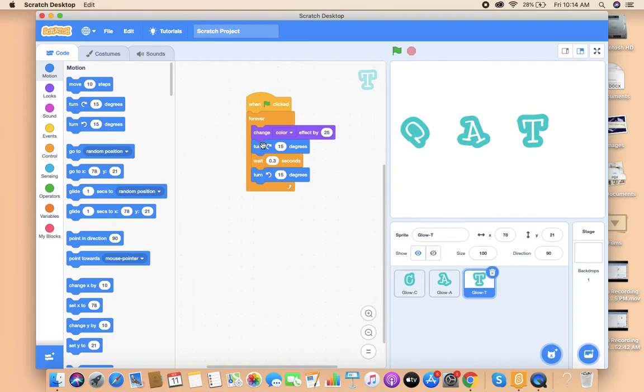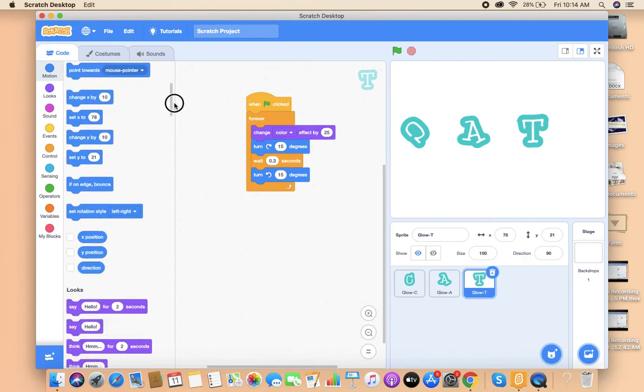First we have taken clockwise, now we have taken anti-clockwise. Now we will change the size of this alphabet.